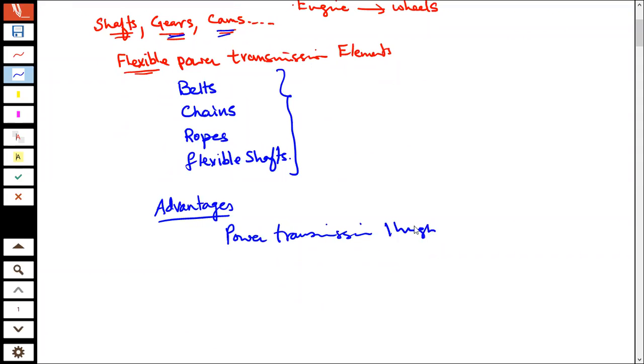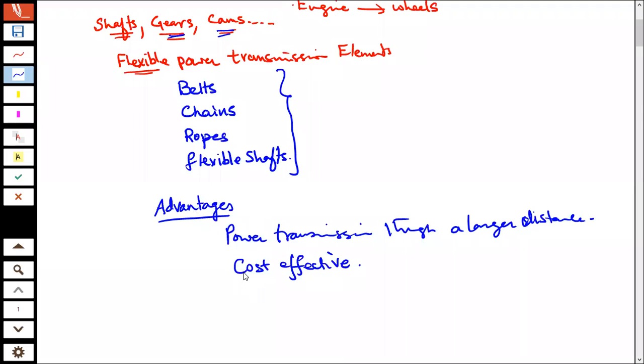through a larger distance. Okay? Belts, chains, ropes. Similarly, another advantage is that they are not costly. If you want to make a gear that would transmit power from one side of a room to another side of a room, that is going to be very expensive. So cost sometimes